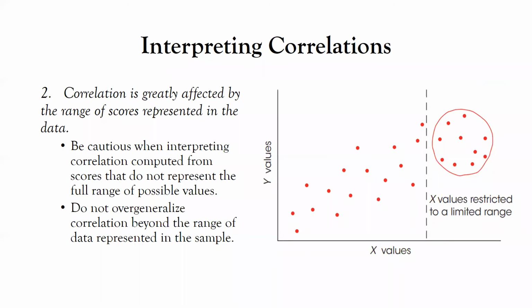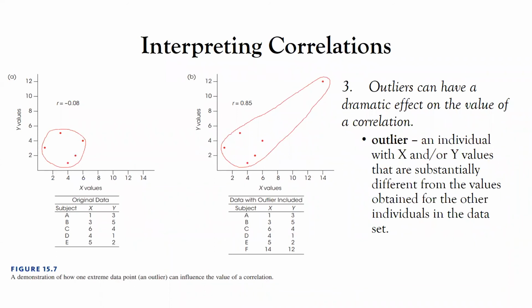Okay, and last, outliers have a very huge effect, a dramatic effect on the value of a correlation. If you remove the outliers, it can alter your results significantly because outliers are individuals whose scores on either X or Y are substantially different. I'm not saying outliers are always high on X or high on Y. They can be very low on X or very low on Y. And therefore, hinihila nila